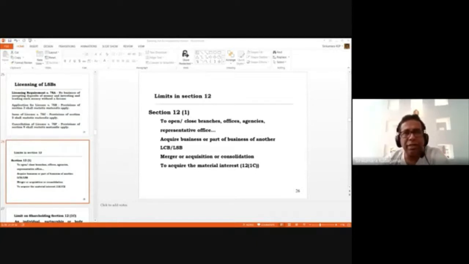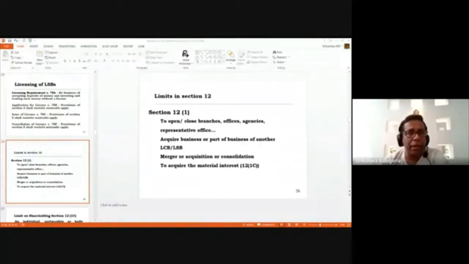This is basically why we want to regulate where the bank branches are going to be located. All these things need to be scrutinized. Otherwise, there would be unnecessary concentration in certain areas, and certain areas would be left out. You may remember